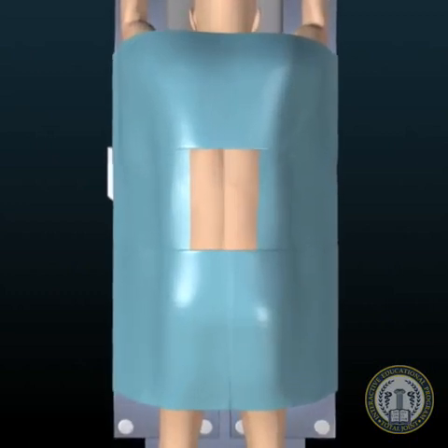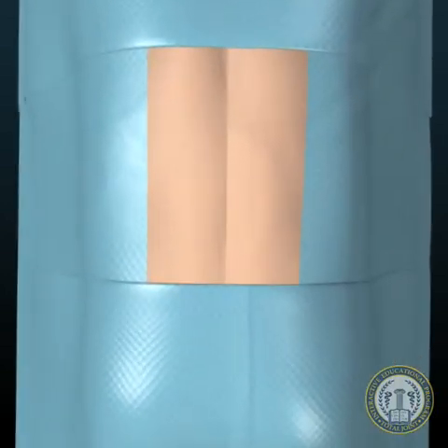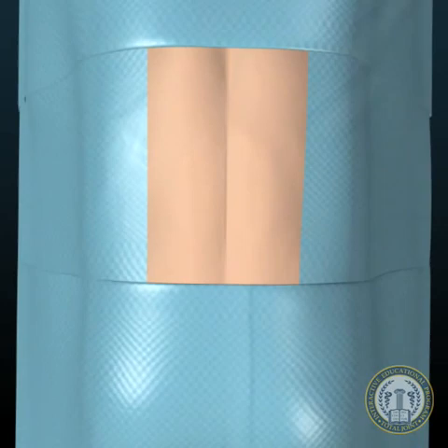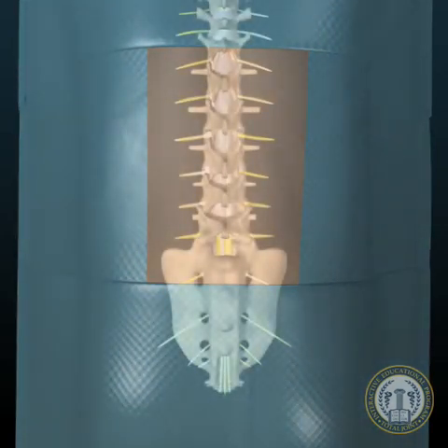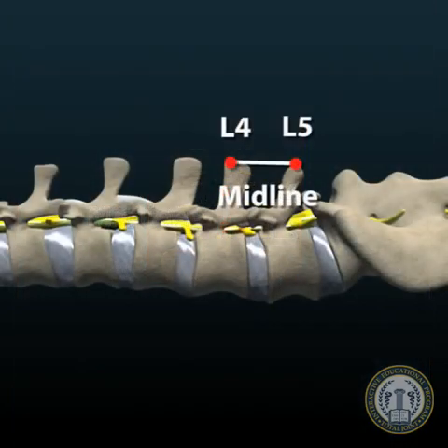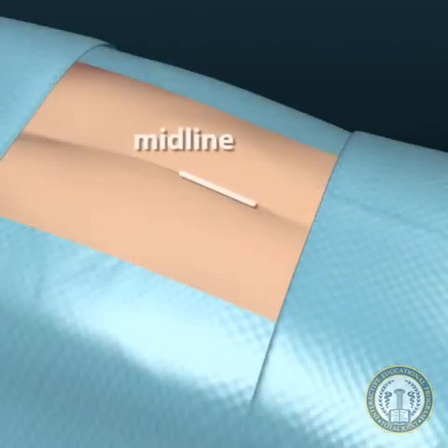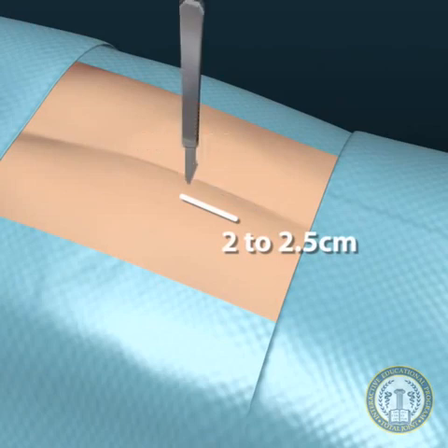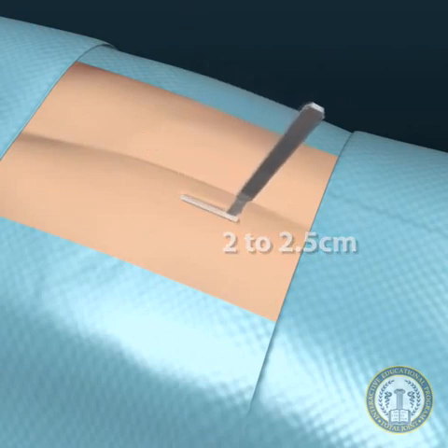The midline of the lumbar spine over the level or levels of interest is marked out either by palpating the spinous processes and apex of the iliac crest, L4 to L5, or by use of intraoperative AP and lateral fluoroscopy. In a unilateral approach, a paramedian incision is made approximately 2 to 2.5 centimeters off the midline over the level